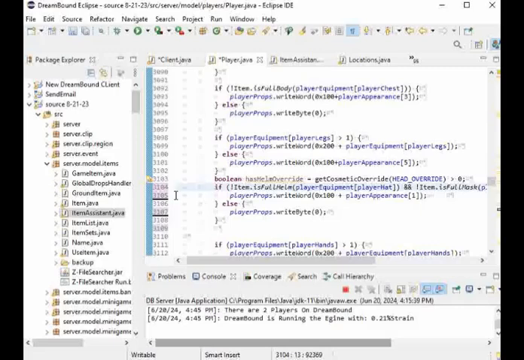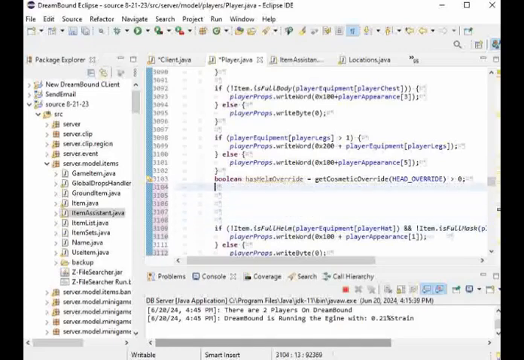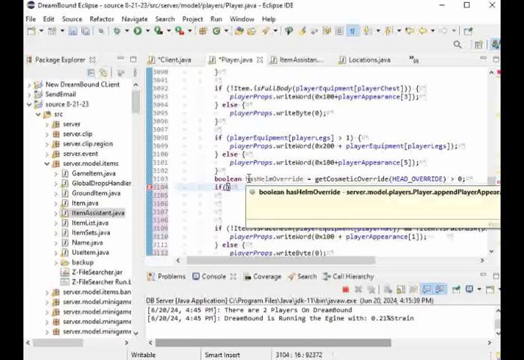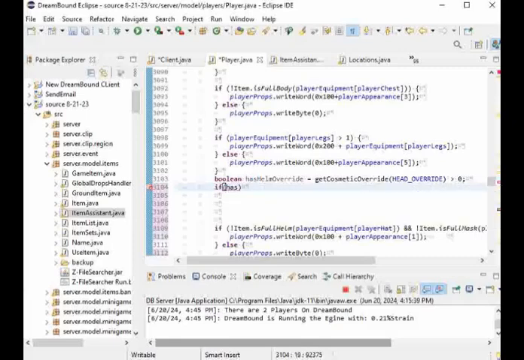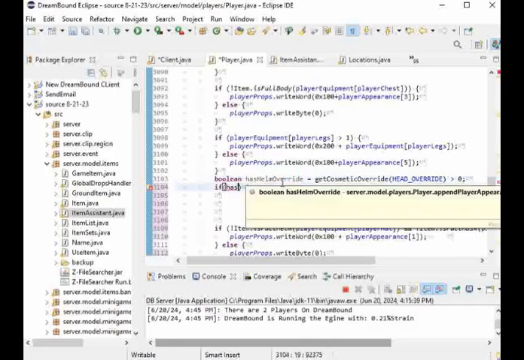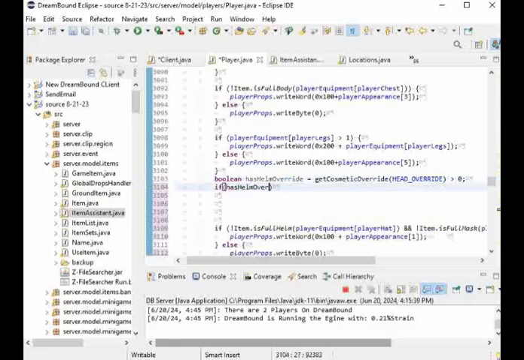Now, we have to adjust the way this is coded a little bit. So we're just going to take this and move it down a little bit and rewrite the code accordingly to fix what we need to fix with it. First we need to check, does this boolean right here return true? So hasHelmOverride,